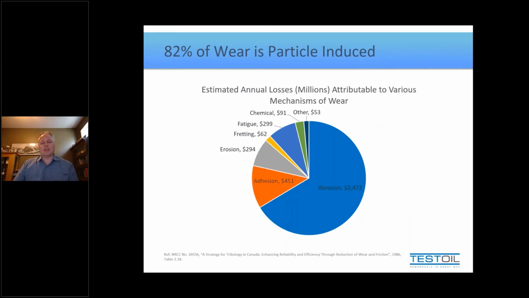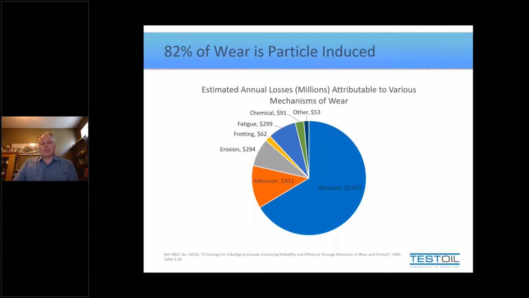And one more quick study to show you, this is another one done with at least some financial figures behind it, but it shows you the most predominant source of loss is due to particulate. If you look at abrasive being the largest slice of the pie here, but you can combine that with adhesive and erosive, it shows you that 82% of this pie here has something to do with particulate. So this is why we're so concerned about how clean oil is and how clean it should be, because we need to know where we're starting from and we need to know how clean we want it in operation and where we must maintain it, and that will hopefully provide us with the longest equipment life and the least losses over the time of usage.